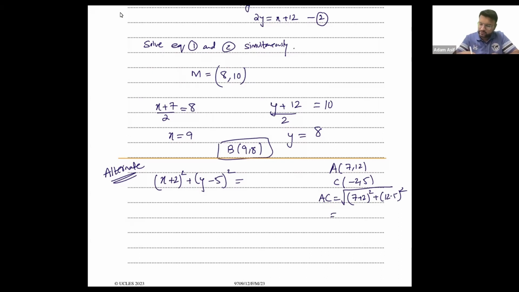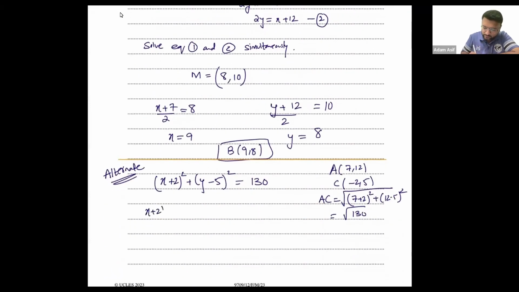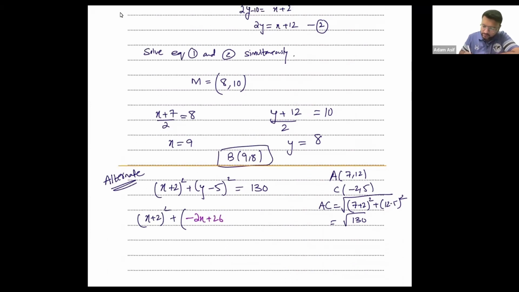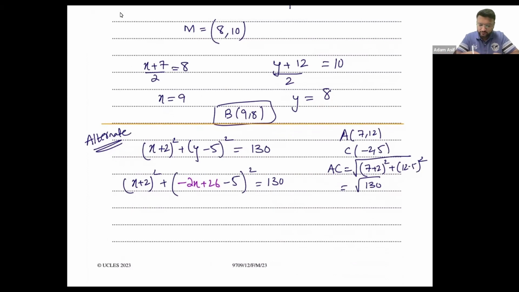9 square plus... so square root of 130. So that means this is going to be 130. Equation of the circle, यहाँ पे r square होता है। Now you have the equation of a circle and equation of the line is y equals to -2x plus 26. So -2x plus 26 minus 5, the whole thing square, equals to 130. Expand this and solve for the values of x।